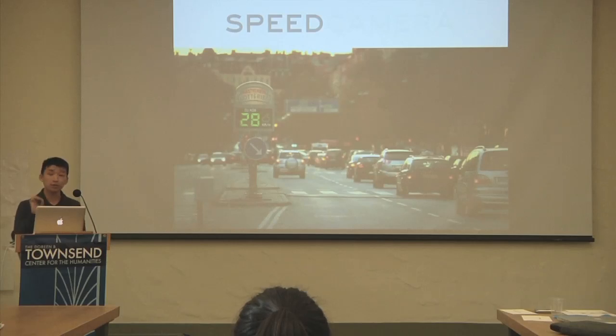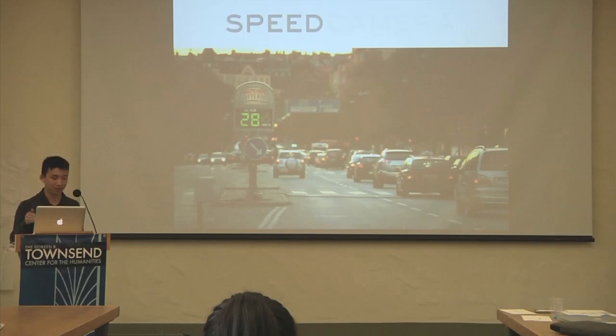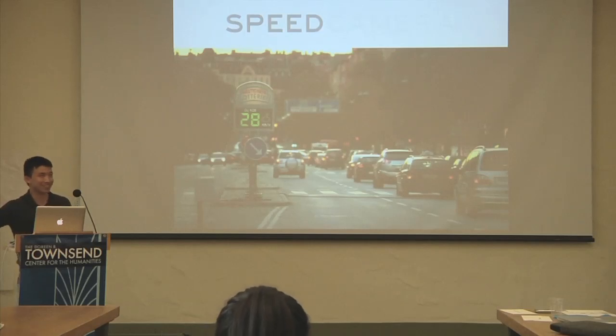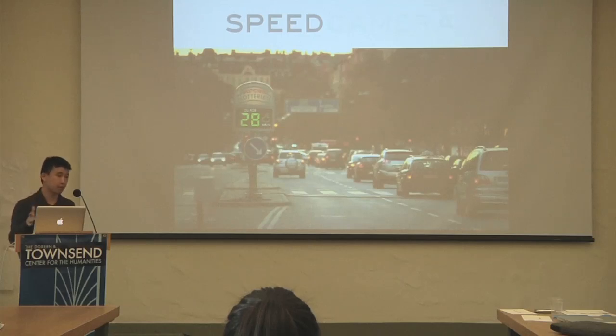However, for everyone who's under the speed limit, they're automatically entered into a lottery to win money from those people who did get a citation. So it was really cool. Over the course of 3 days, over 20,000 cars passed this speed camera, and he actually managed to decrease the average speed of the passing cars from 32 kilometers per hour to 25 kilometers per hour, which was within the